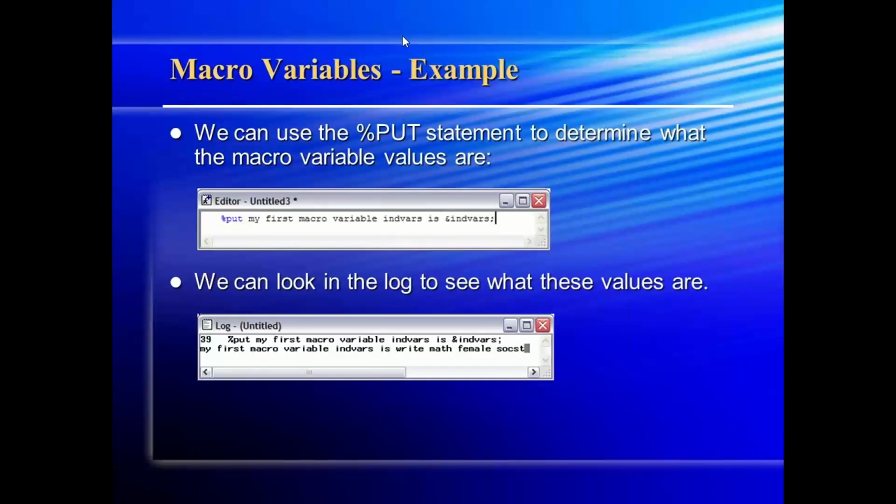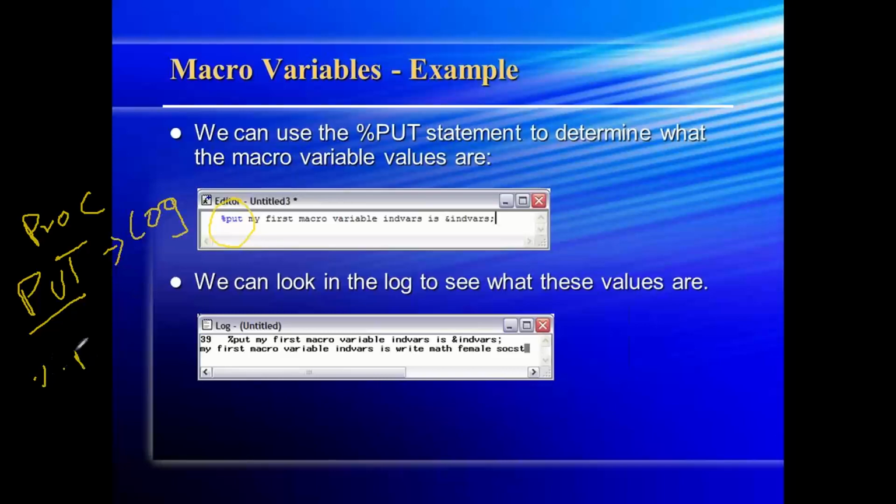The next one is a statement called put. Normally we write a proc print to display the result, which will display the result in your output window. But there is a statement called put which will help you display the value of any variable in the log window. As well, if you wanted to add some text, that text gets added to the put statement. So here we have something called percent put, the same put statement, to display. So here I have created a variable, and I wanted to display that variable's values here. That's it.